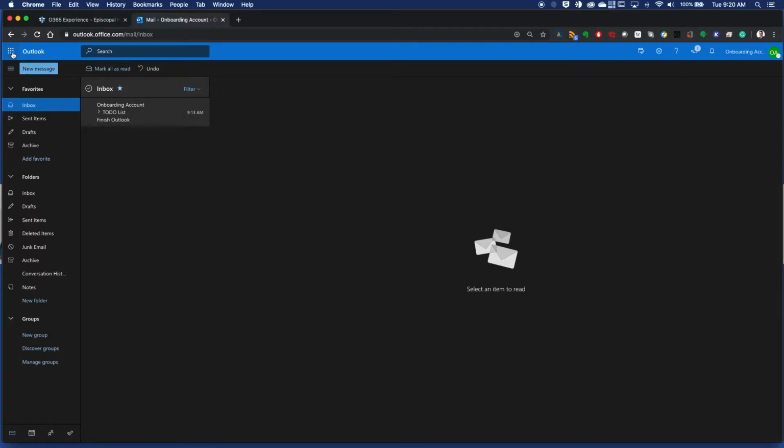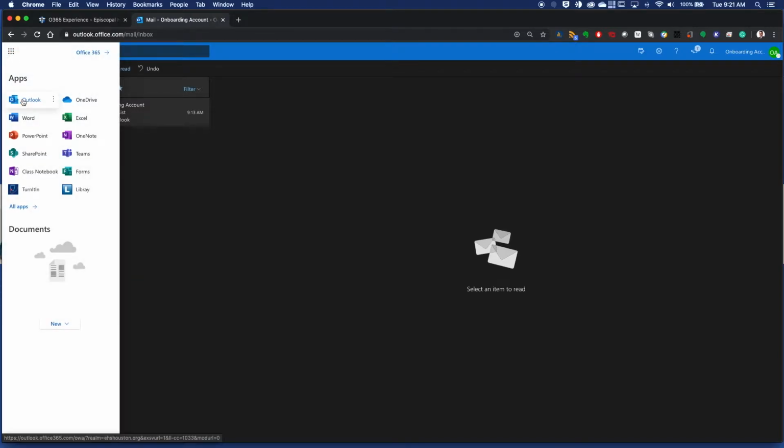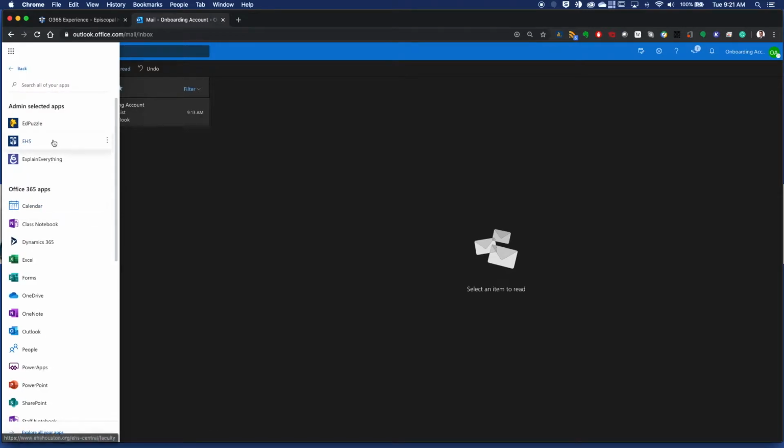Let's look at the launcher. This launcher is available in any Office 365 product. You'll notice that there are a core set of applications. Many of these you're familiar with. But here you'll notice that I've added custom applications. To add custom applications, for example, the library LibGuides, you simply go to All Apps,